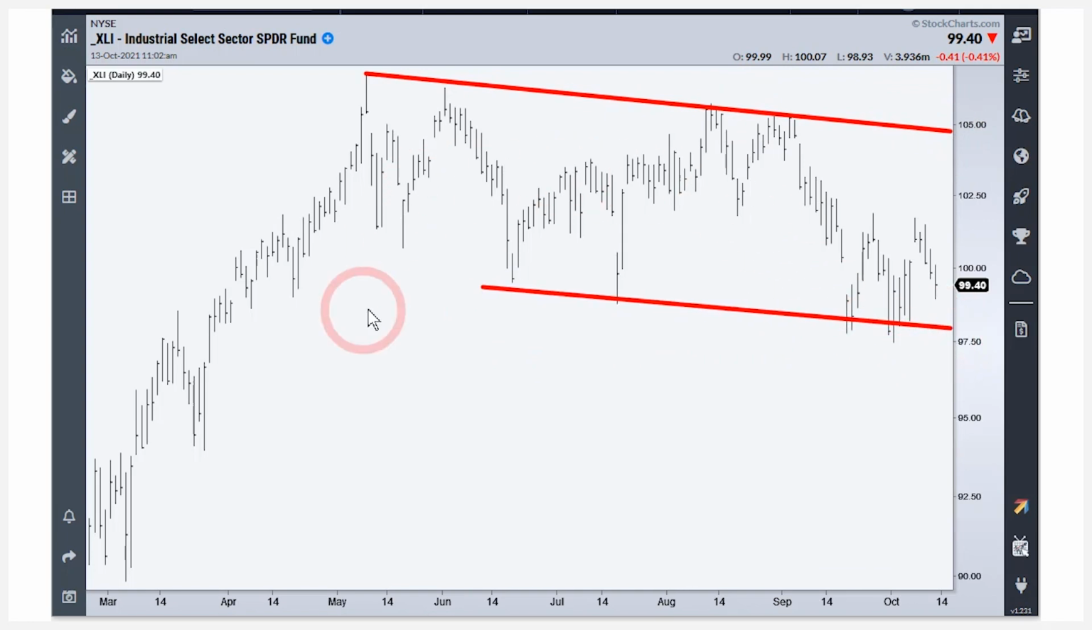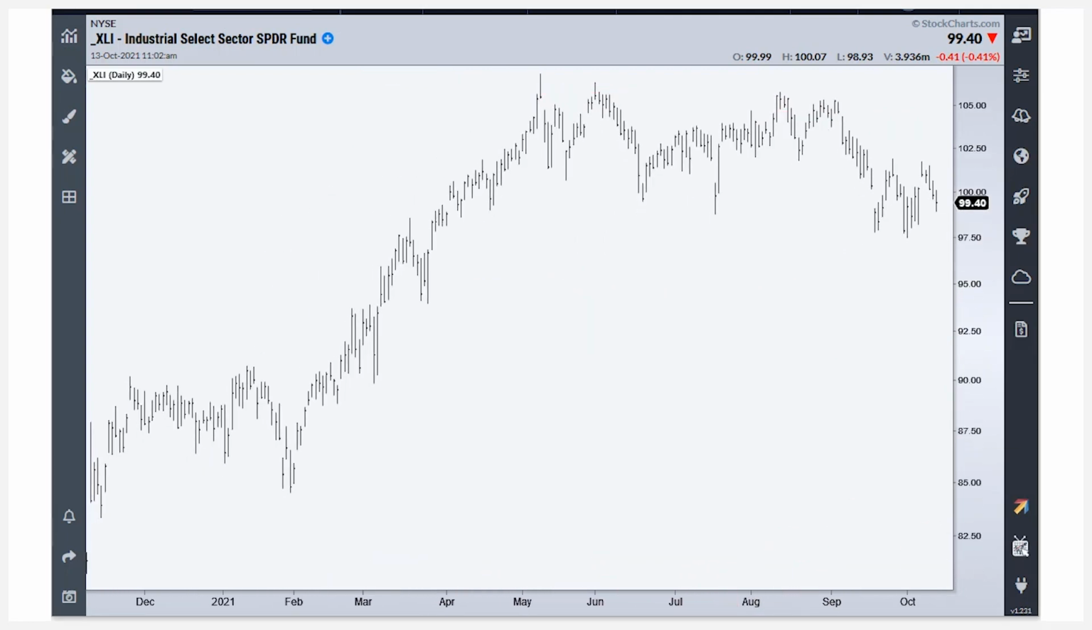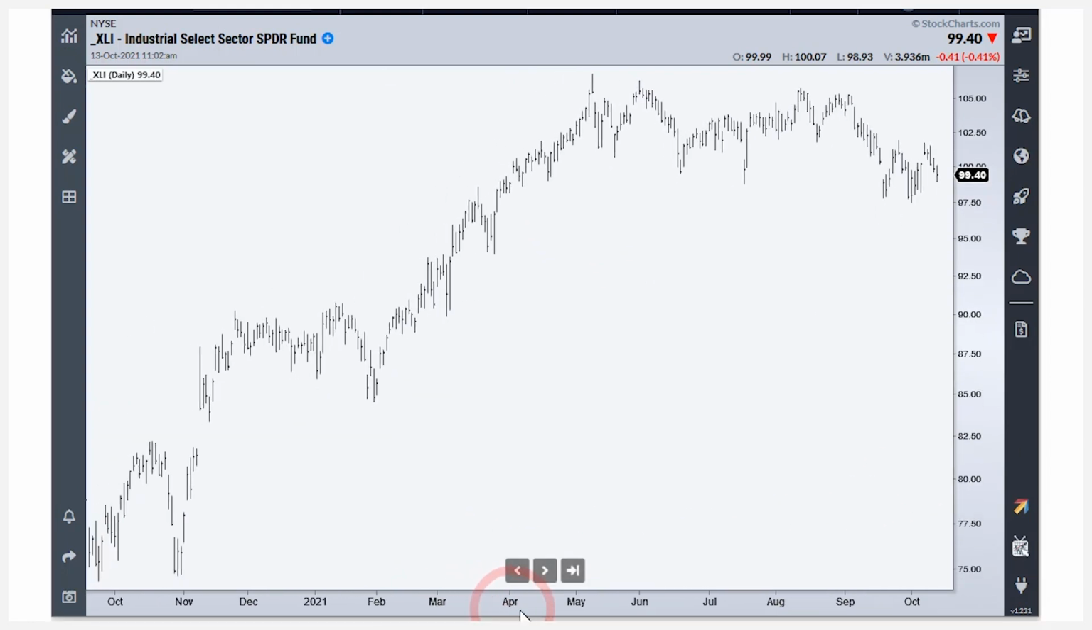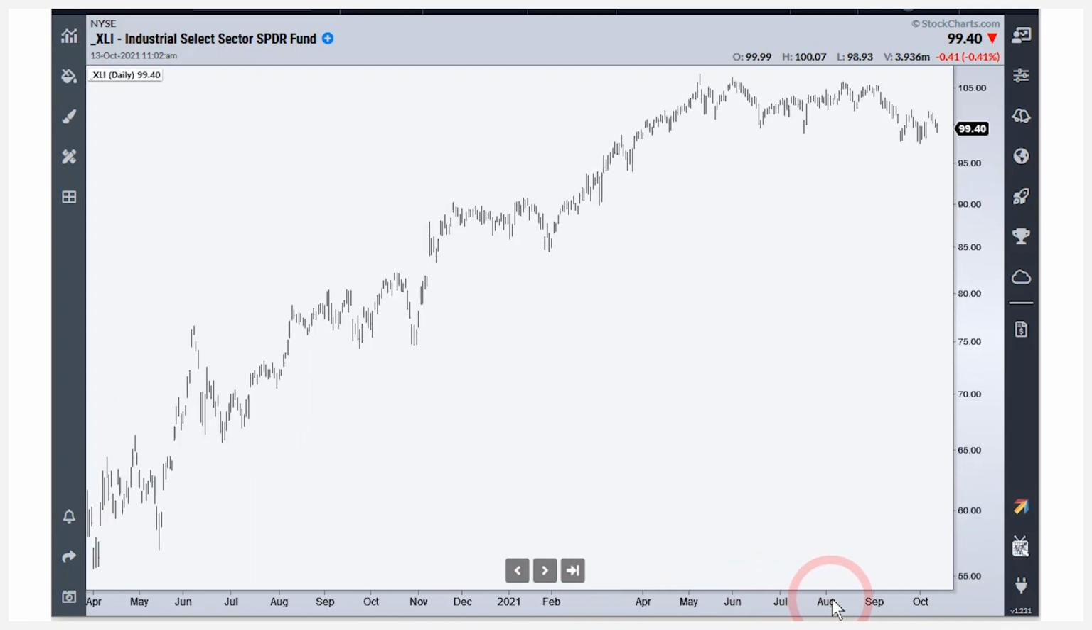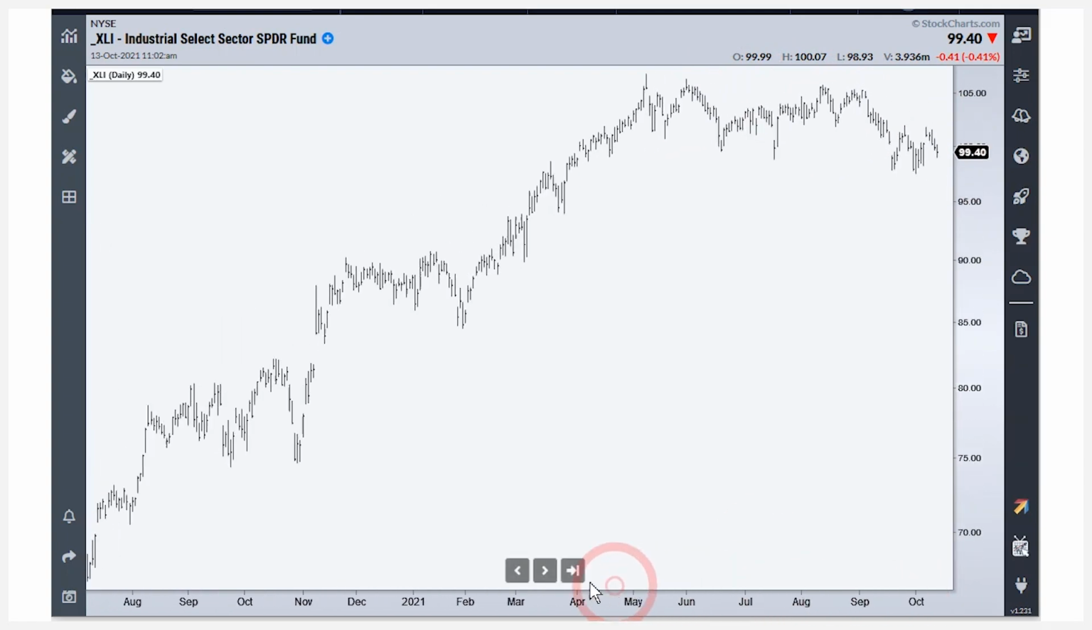Now, maybe it is a big falling channel after a monster advance, because if we back this out, my lines don't move with that. But basically, you look at the size of this advance, we're going to go all the way back to the COVID low. So we're going like 50 to 105. We pretty much doubled. And now look, we have this big correction, but we don't have any signs of a